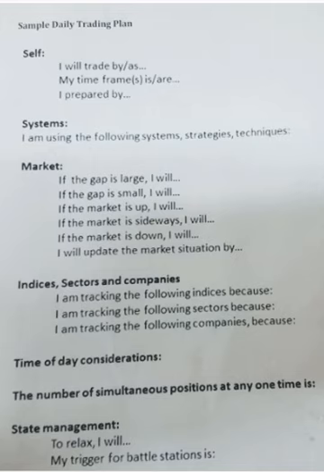I'll use the standard approach to daily considerations with the hybrid frog in the first 30 minutes, find the movers in the first 2-hour session, and then look at sideways quiet channels developing at lunchtime, and then look for expansion of the range out of the quietude in the afternoon. I'll be flat before the last 30 minutes of the day. The number of simultaneous positions I'll take at any given time ordinarily would be 4. I'd be willing to go up to 8 today because I'm working on improving my span of control. If I do that, I'll take smaller positions in the extra position so that I'm not exposed to extra risk.